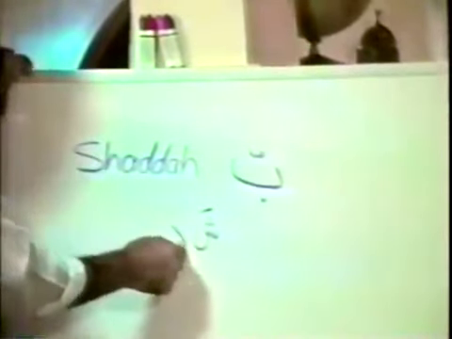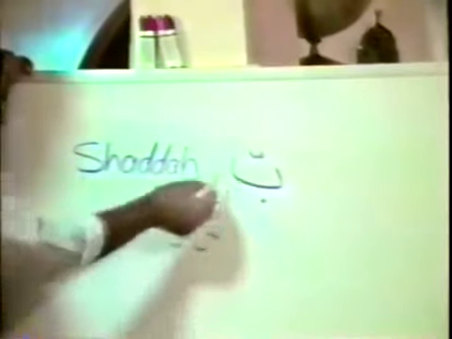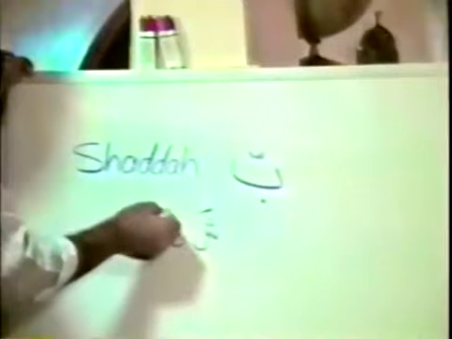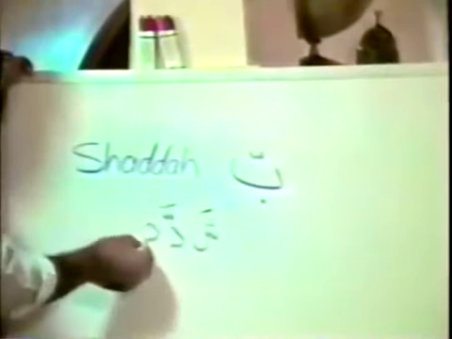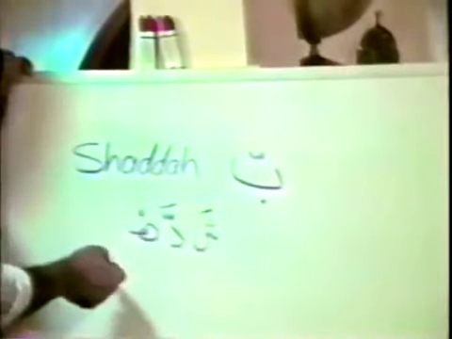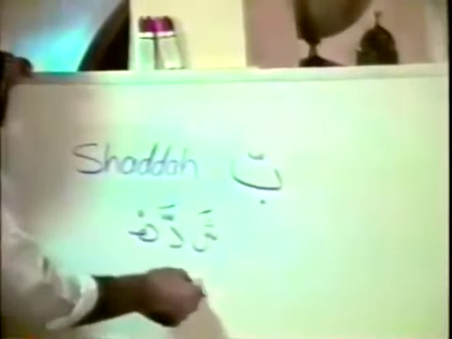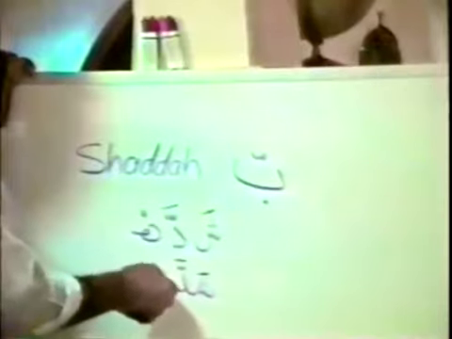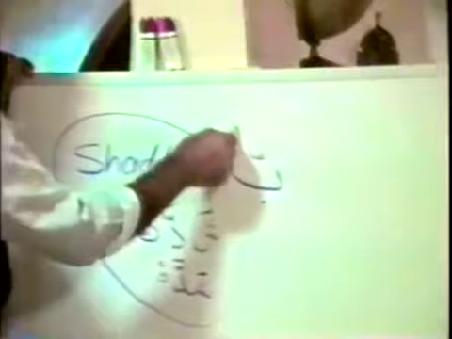The next letter would be this dal. And because it is stressed, it's a double letter in English, you just put this same sign here, shadda, in conjunction with the fatha. Shadda, and then the ha, with the sukun on it. Shadda. And when you write it down, it will be like this. Shadda. So this is the name of this sign. Shadda.